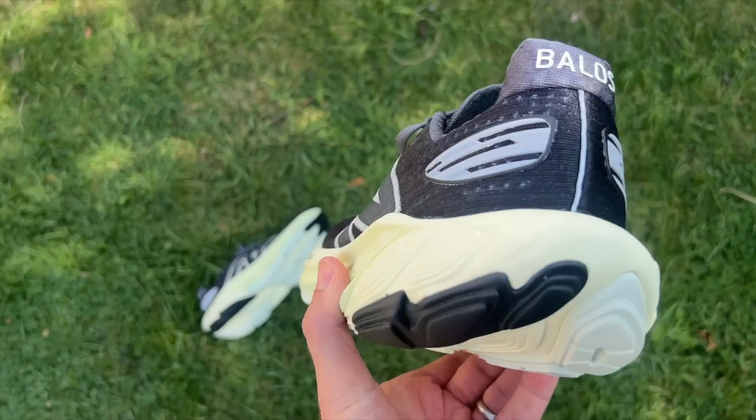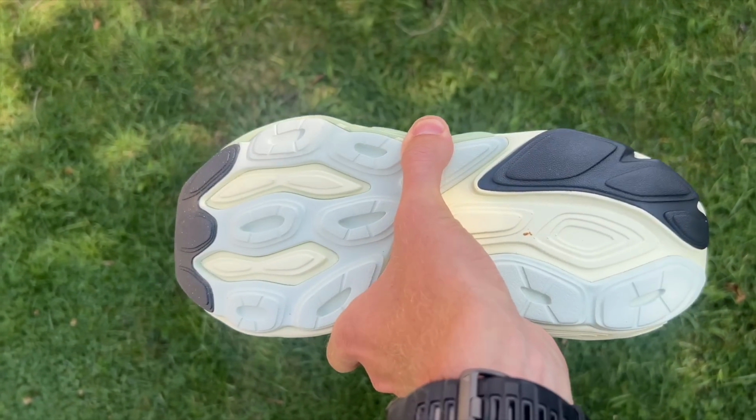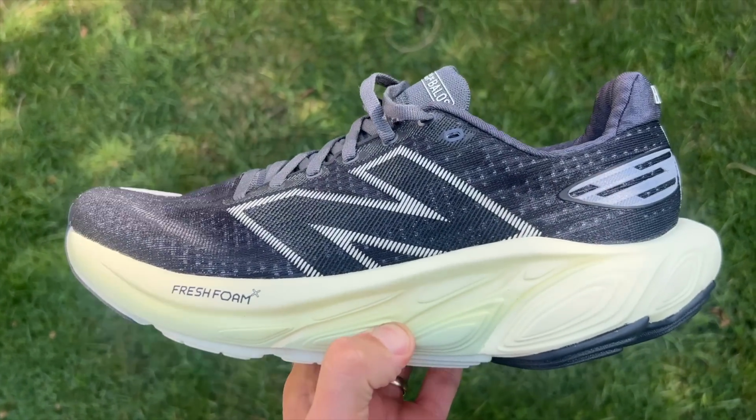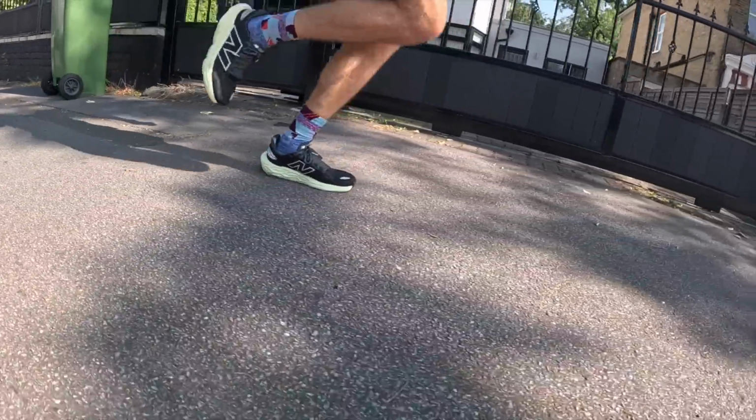I think the big problem with the Balos is this really high price, and I didn't know the price when I was running in it, and I thought this is a really nice daily trainer here, no plate in it, comfortable, can do a lot of stuff. Does not feel like a £200 shoe to me though on that first run. Obviously there'll be a lot more testing to determine that in the future, but it feels like a good shoe,